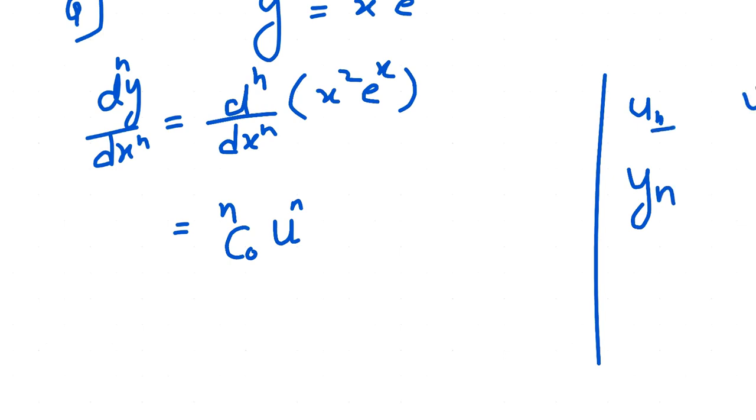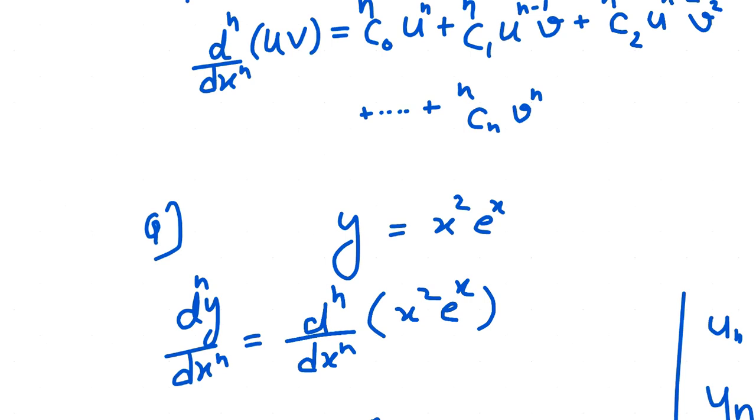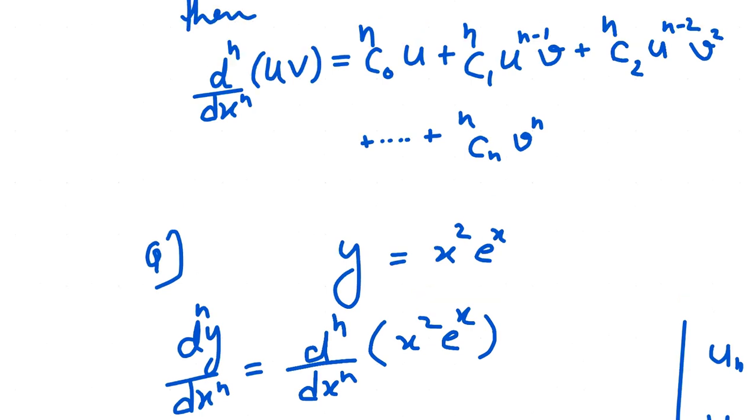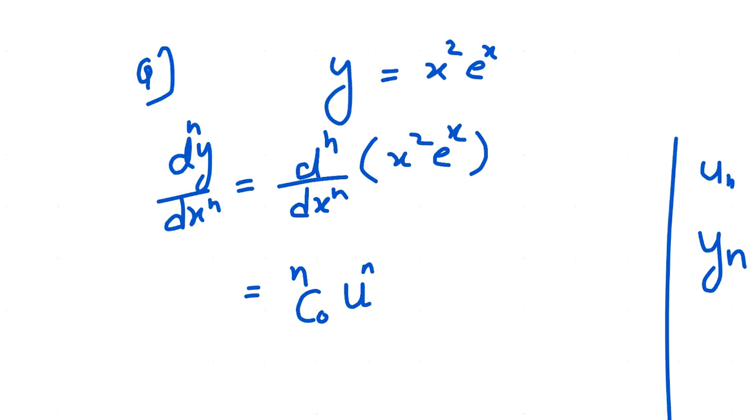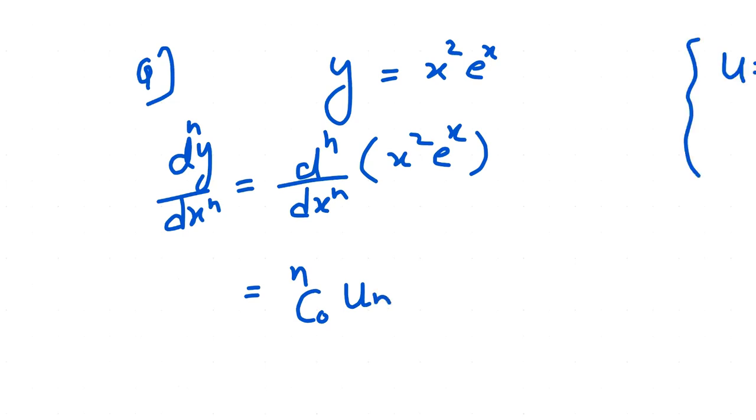Okay, not using only the power, you can use this notation instead of the power, like u_n minus 1, u_n minus 2, and the meaning is the same. So here we will take the nth order derivative of u_n, and here we are taking u is equal to e to the power x and v is equal to x square, plus nC1 u_(n minus 1) into v